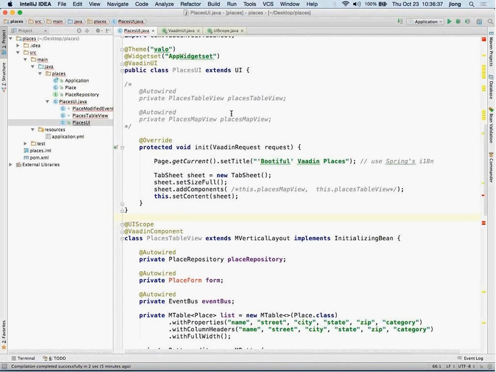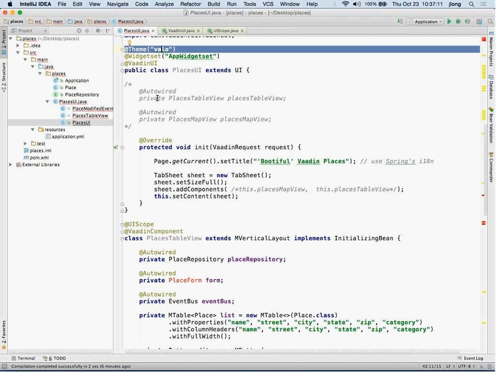So with Vaadin 7.3, there is a new theme engine called Valo, and it is Sass parameterizable, Sass being sort of a syntactically awesome style sheet. So it's, how would you say, like a more advanced version of CSS that gets automatically compiled to CSS. So the Valo theme is something that with just a couple of parameters allows you to completely tune and change the look and feel of your entire application. So it's more like a